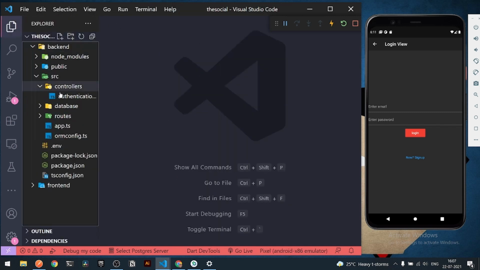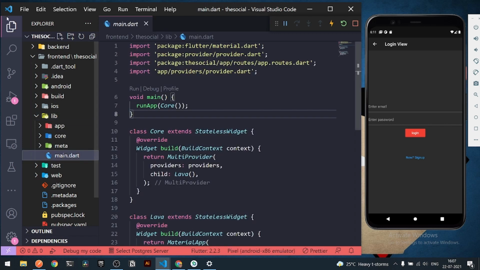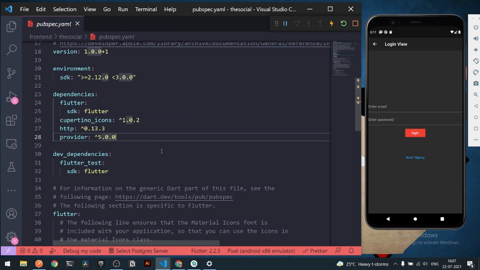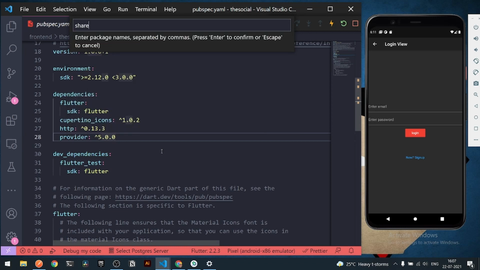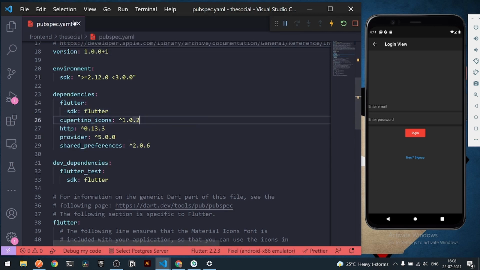So what we can do, let's go to the front end side, and here under my library, under my pubspec.yaml file, I can add a new dependency known as shared preferences. With the help of shared preferences, we will be saving the particular cache, that is a chunk of data for the JWT, so that the user won't be logging into our application again and again, right? So here I can say shared preferences and hit enter. Alright, so once I got everything, we are good to go.